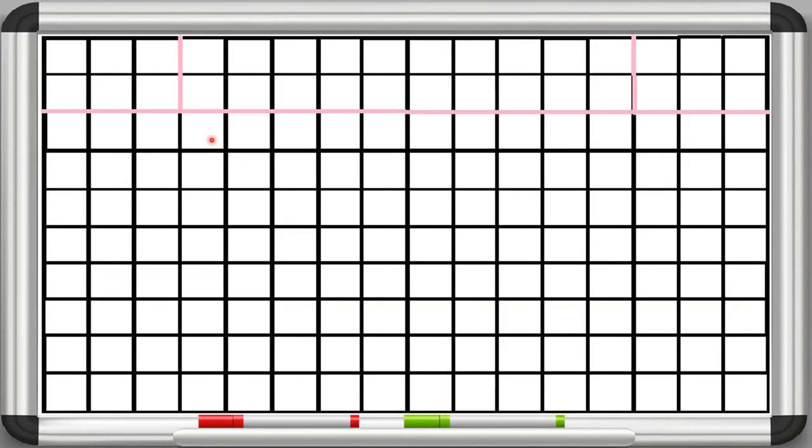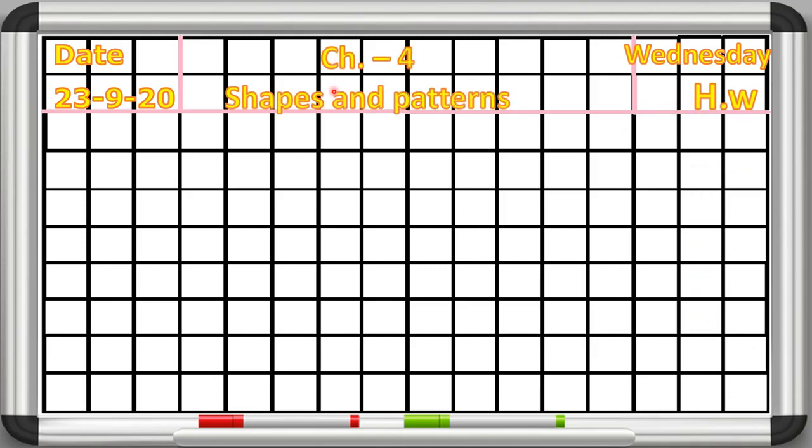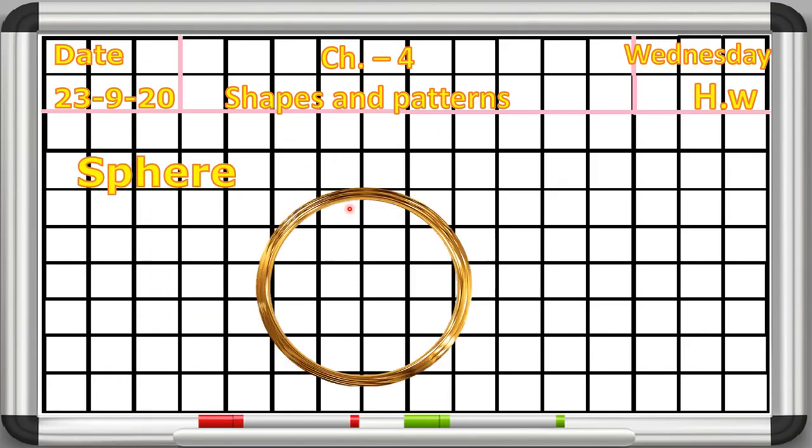Now we will learn how to make the sphere shape. So again, date 23/9/2020, day Wednesday, HW, chapter number 4, shapes and patterns. So, sphere. Now here we will make a circle with the help of a bangle. So here I have a bangle. Hold this bangle and make a circle with the help of a pencil like this.